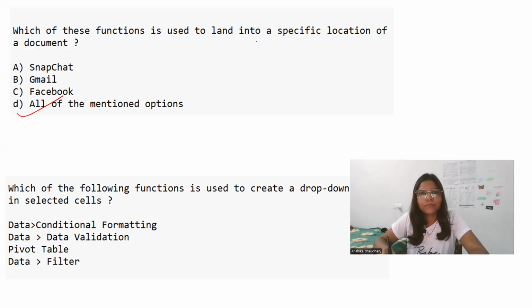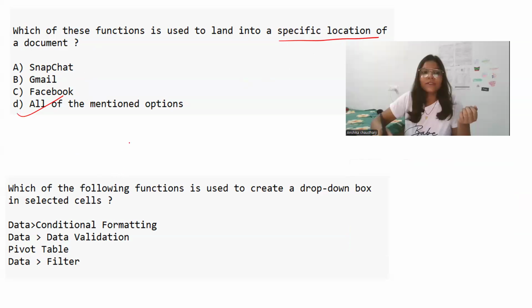Why did I mark the option all of the mentioned? Because in each of the social media apps we go to a specific location. Suppose we want to share some photos, so we can access our gallery from Snapchat. If we want to add some attachments, we can access our documents from Gmail as well, right? And Facebook similarly. So all of the mentioned will be the correct answer. This is a quite easy question for you because nowadays everyone is using social media, so you are aware of this fact, right? So the next question is,